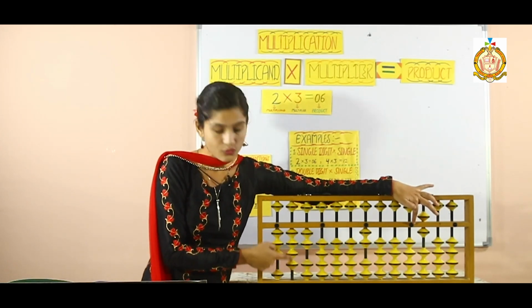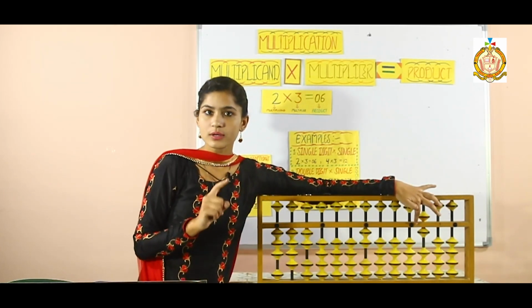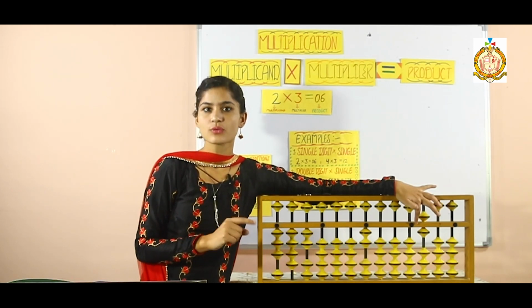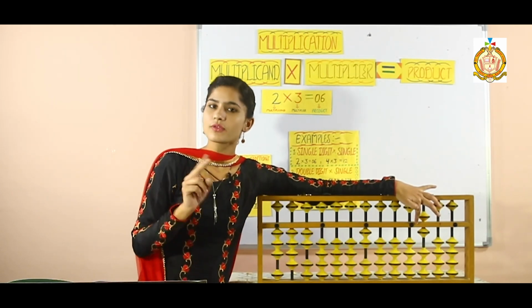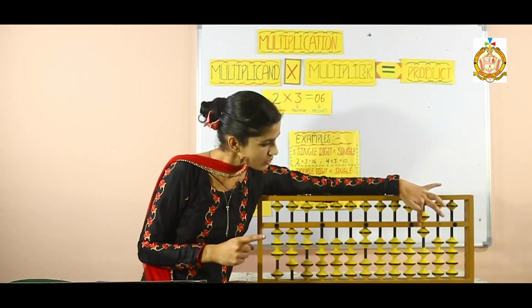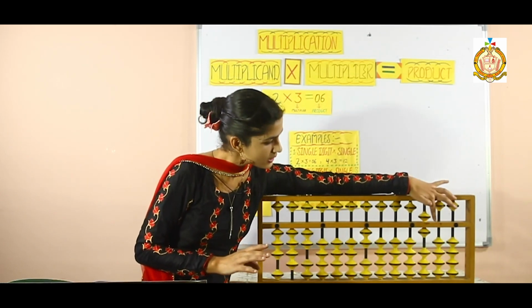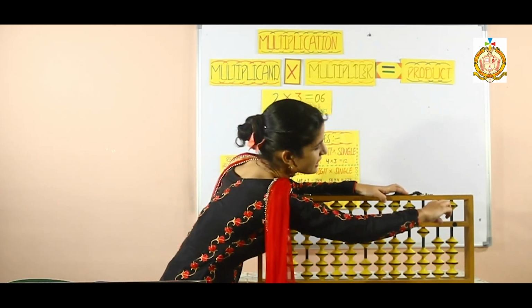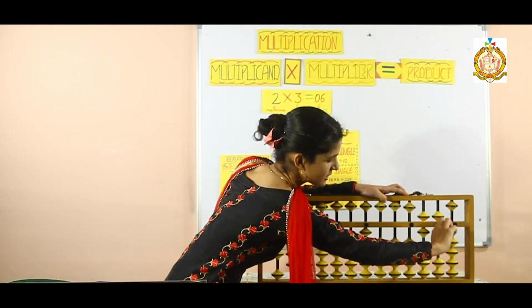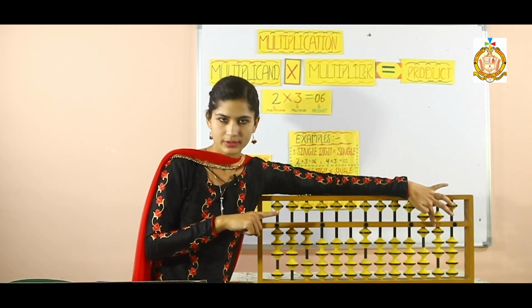Now come to the multiplicand. The next digit is 4 and the multiplier is 2. 4 into 2 is 8. Now 8 is only a single digit. We need 2 digits, so in front of 8 we need a 0. So our answer is 0 8. Here we will add 0, so no need of adding any bit. Then 8. 8 is a butterfly number, so we have to add 8. 8 is added.